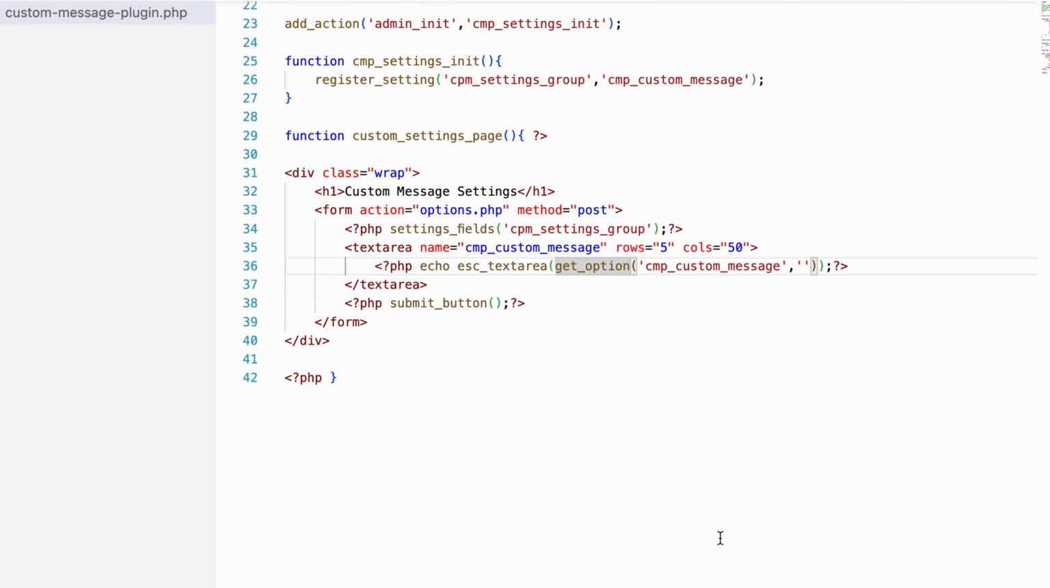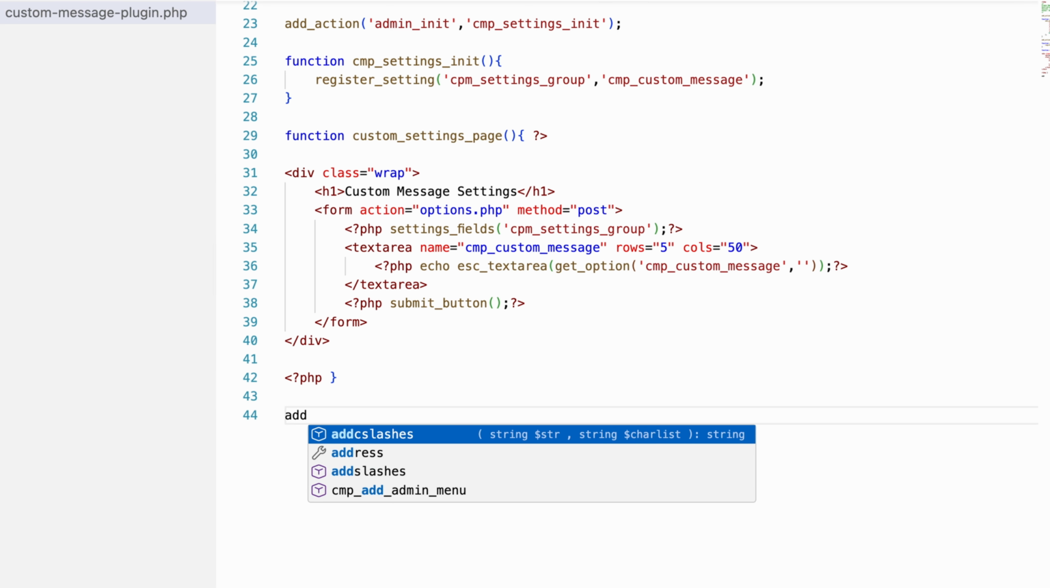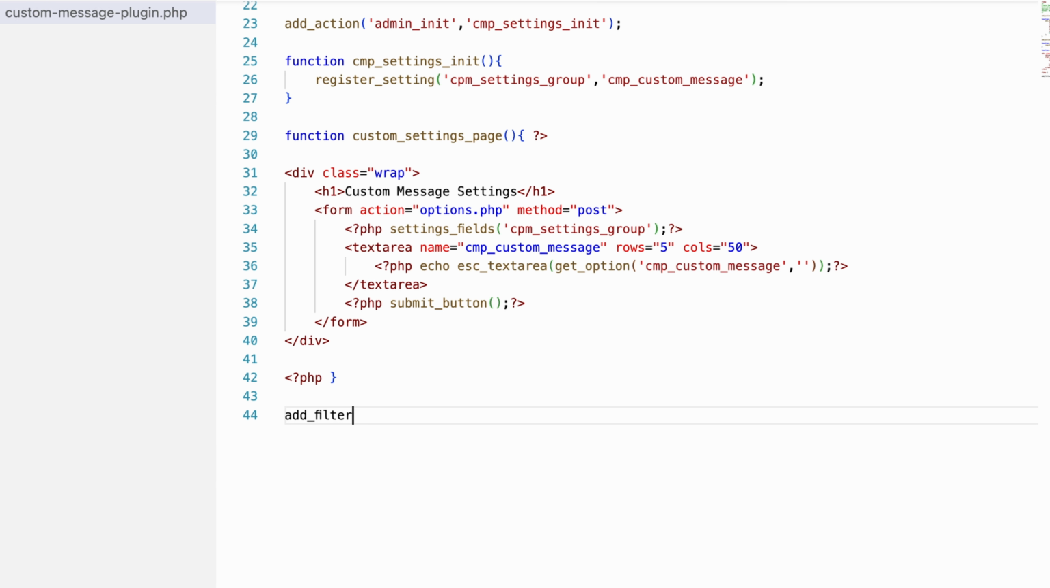Okay, so for now we can save everything from the back end, that is fine, but one thing we're still missing, like we need to display the saved message below every blog post. So now we need to do some add filter over here. So what we need to do, we need to have the add filter, the content, and then we're going to name another function. For now I can name it CMP display custom message,